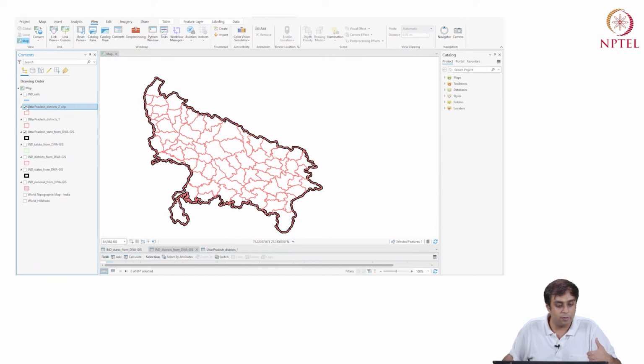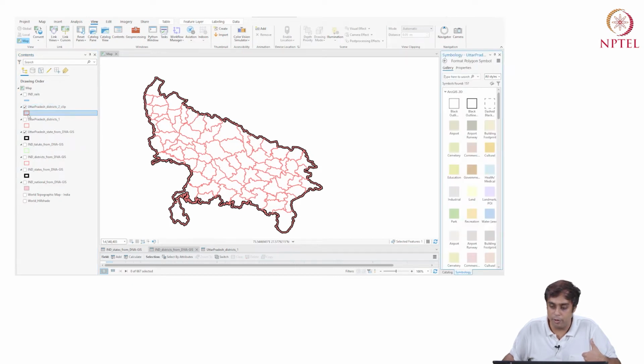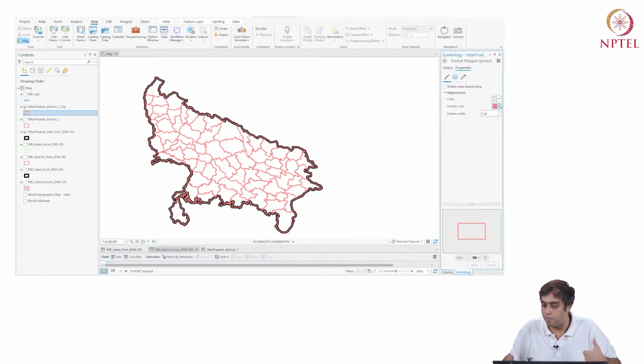Okay, I have one file open now, which is India districts 2, which looks exactly the same as India districts 1. To visualize that, I'm going to go to symbology and I'm going to change the color of this to green. I'm going to make it thinner.